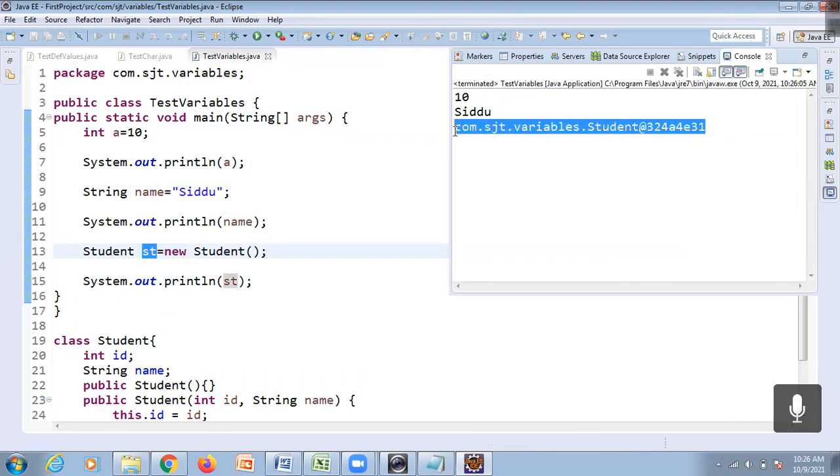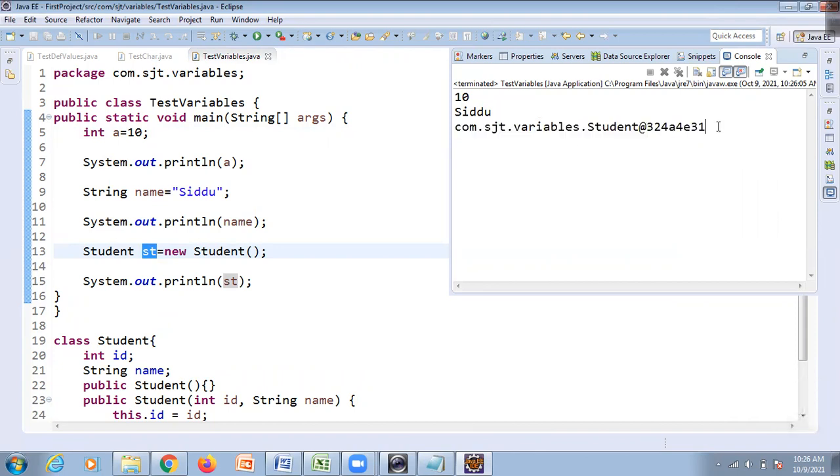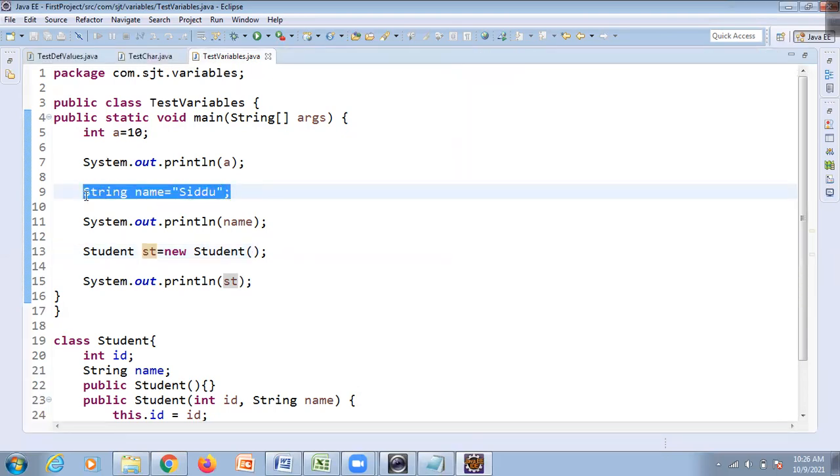This we are going to call the address of the object. It is actually not the exact address. It is some toString converted address. Technically, what we are going to say is that this is a toString representation of the address of an object. So it is printing something like this. So we are speaking that, and this is also okay.